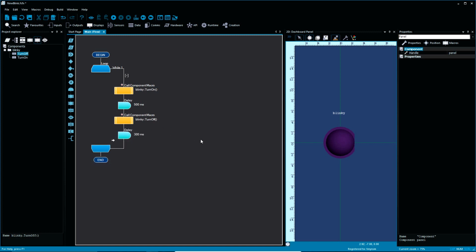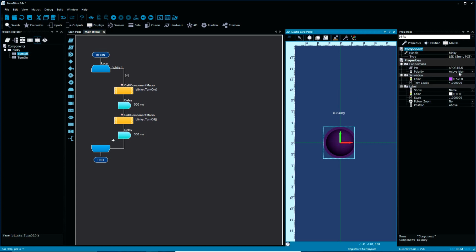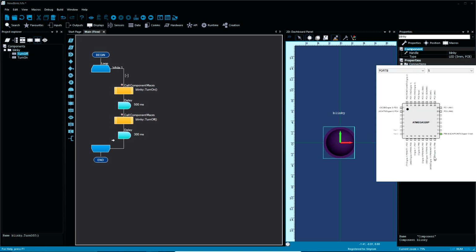Now that's nice, that is a little bit more visible, but for the time being, our STEM Terra has a nice little internal LED, which isn't very bright and it isn't very big. If I want to make something that does Morse code, then we're going to need an LED that is much bigger and much brighter. So to do that, I'm going to go back to Blinky, and I'm going to change the port from B5 to B0, why not, which is digital pin 8. And all I have to do is click. Now remember,